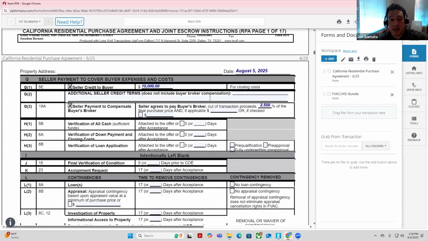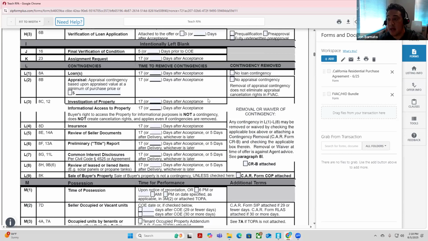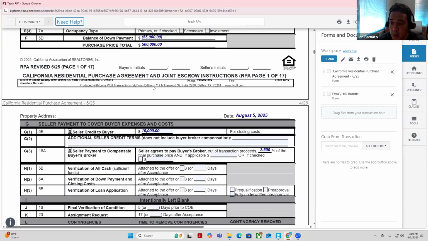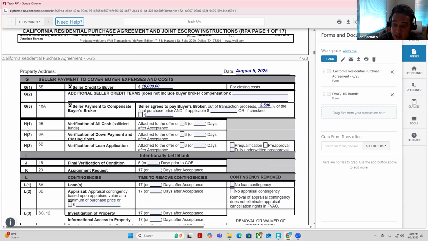Buyer covered expenses and costs. We good? Okay. All right. We're going to now go to other stuff. So I want to note one thing. If you notice this, there's G3. These are the paragraph numbers after this document, and I'll show you a little bit later, but I'm not going to go through it in